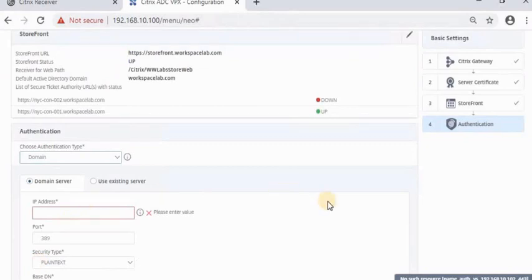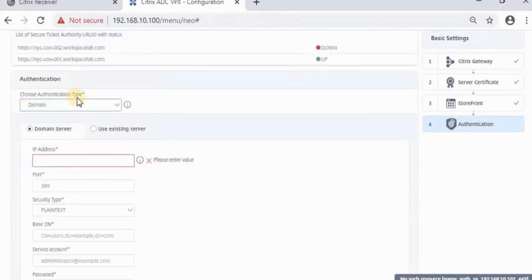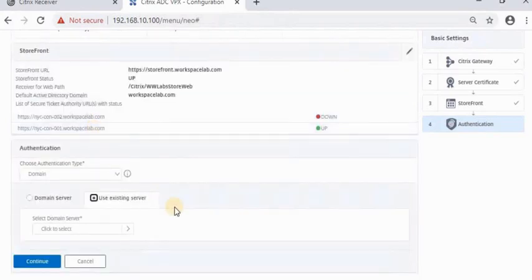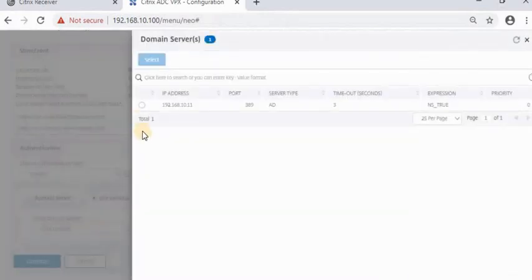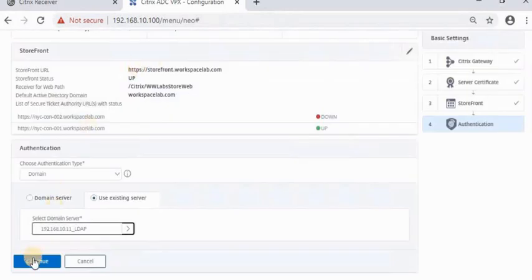Okay, so it's asking for the authentication type, domain, or use existing server. For this demo we are using the existing server, which is our AD server, and you can see here LDAP is added. Click continue.